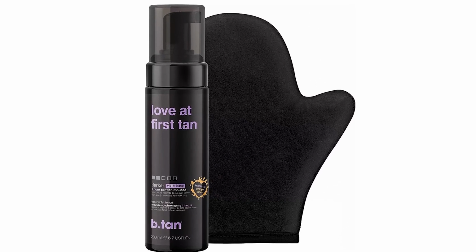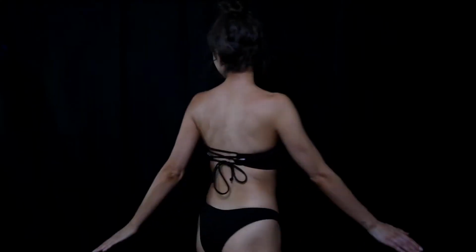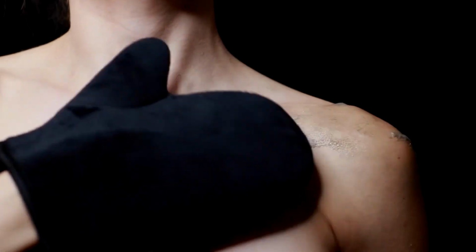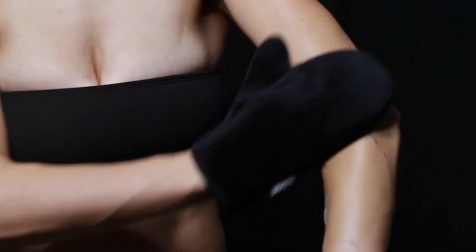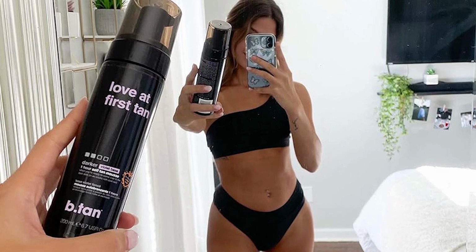However, it's worth noting that the scent of this product is quite strong during the development process. While it's not unpleasant, it might be a bit overwhelming for those sensitive to fragrances. Additionally, I found that the product could be a bit drying on my skin, so I made sure to moisturize well in the days following